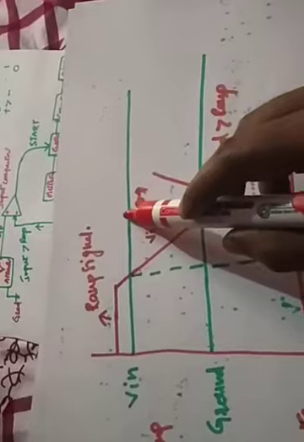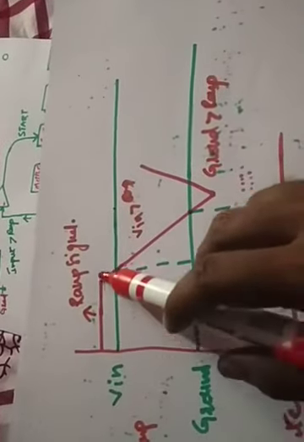So this is my input signal and this is my ramp generator. It will generate the ramp signal. First, the input comparator is there. The input comparator works whenever the input is greater than the ramp signal; only then will the gate open. Up to this portion, the input is less than the ramp signal, so the ramp is high and the input signal is low. Is any gate open? There is no gate open. So that means the gate is closed.